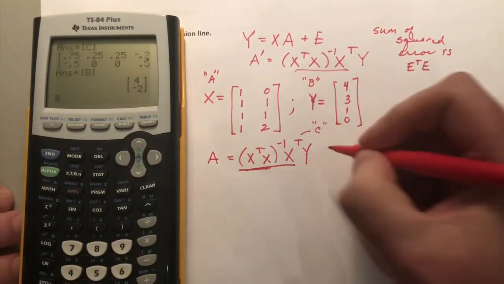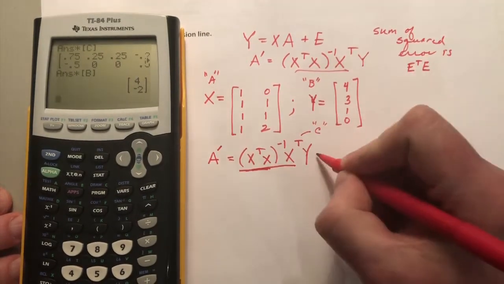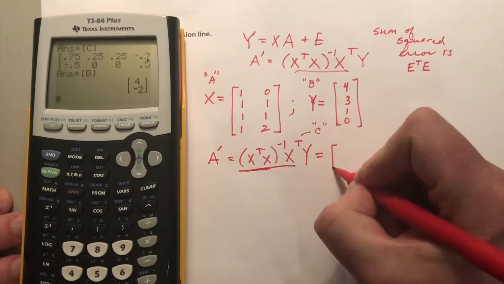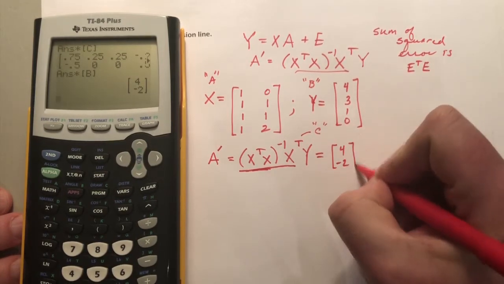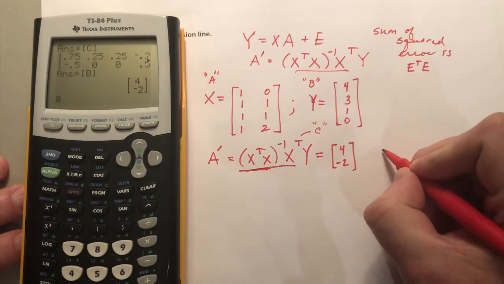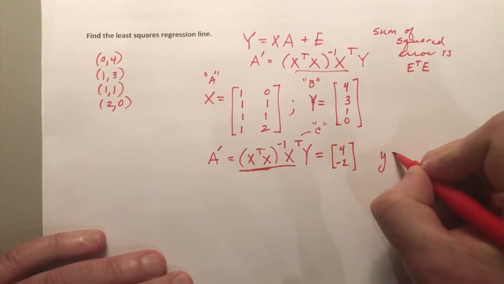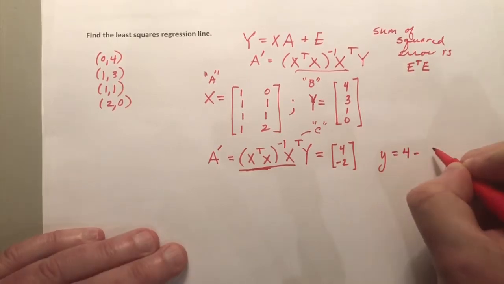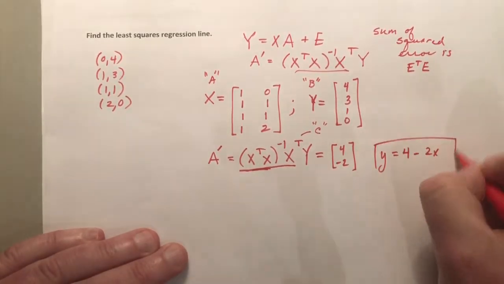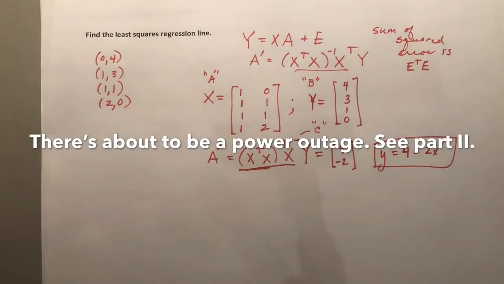And sure enough, I get an answer back. So this is what A prime is, isn't it? A prime is 4, -2. Oh, well, that's what I wanted, because that means that my least squares regression line is y equals 4 minus 2x. Oh, that was easy. All right, good. Now, what I'm going to do next is,